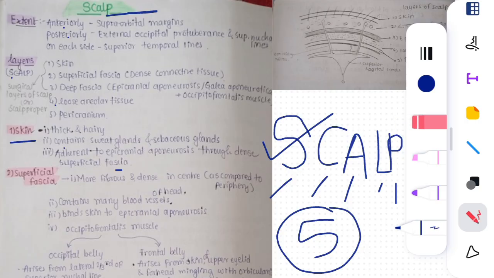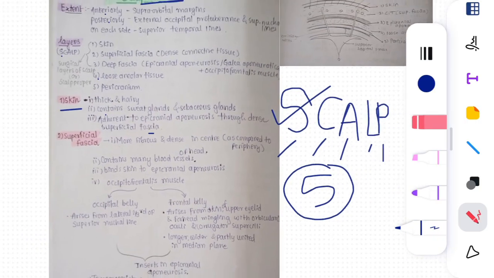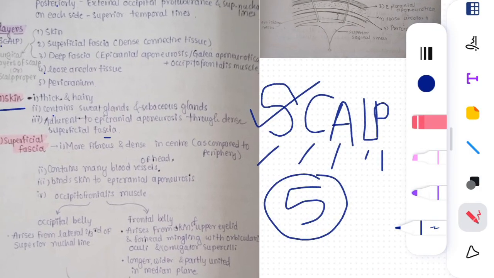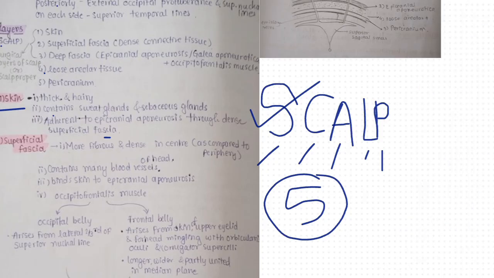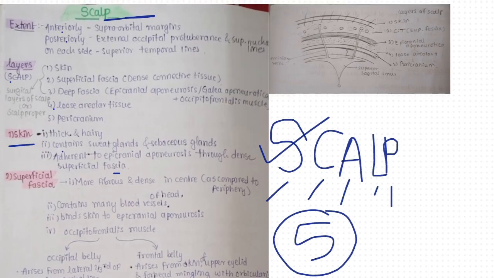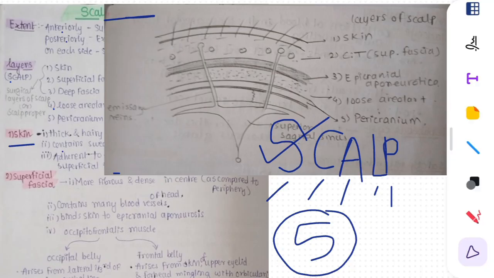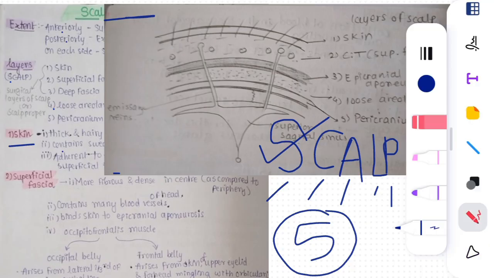Here are the layers of the scalp that contains 5 layers. You can practice the diagram 1 to 2 times. It is a so simple diagram. Let's zoom it. First one, skin, that contains hairs and sebaceous glands. Second one is connective tissue. The next one is epicranial aponeurosis, and fourth one is loose areolar tissue, and fifth one is pericranium,